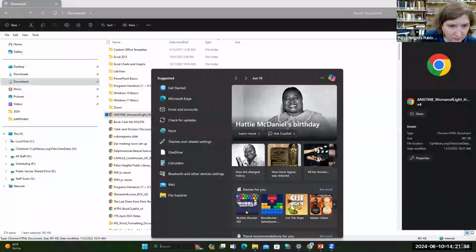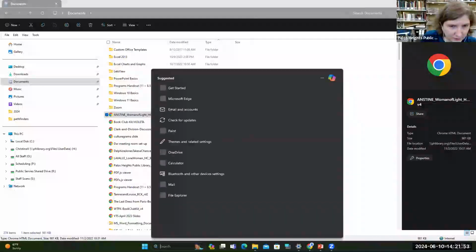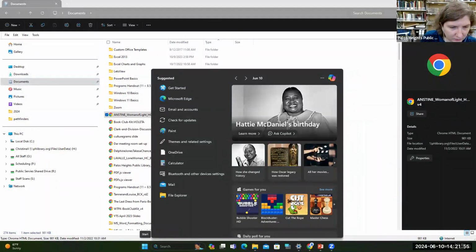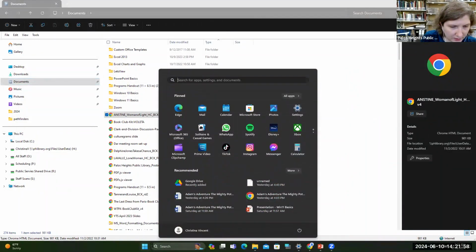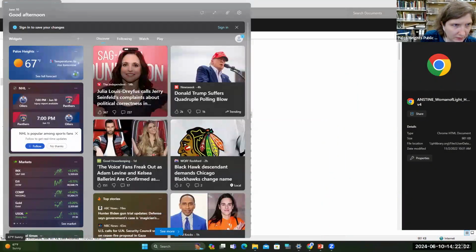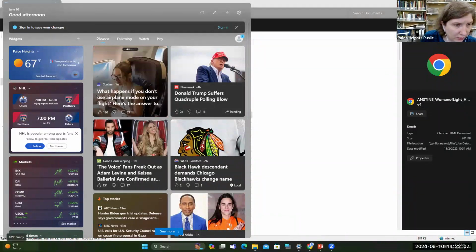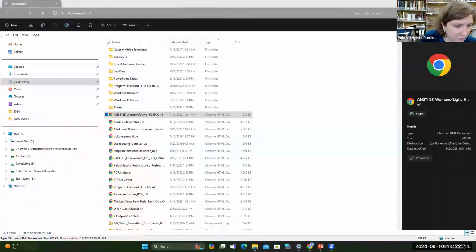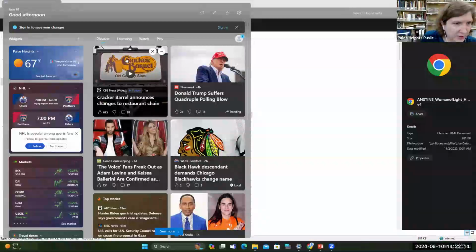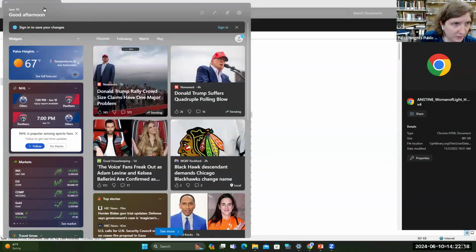Here we go. So this is the search bar here. Here we have our start menu right next to it. And then the widgets is all the way on the left here. You don't even have to click on it. You can just hover over it and it will pull it up. Click on it to make sure it stays. It will give you a quick rundown, the date here, approximately what time, afternoon.